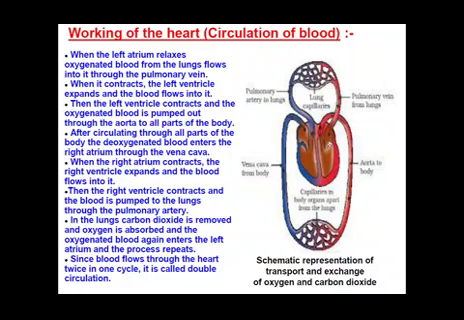You can see here that blood came from the lungs through the pulmonary vein into the left atrium, then it entered into the left ventricle, then through this aorta, you can see over here, this is the aorta, and through this aorta the oxygenated blood moves from the left ventricle and it gets distributed to all other parts of our